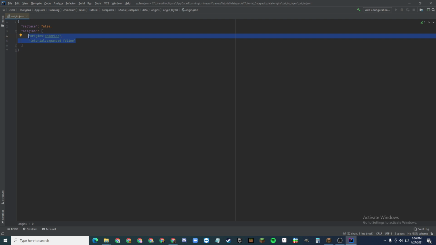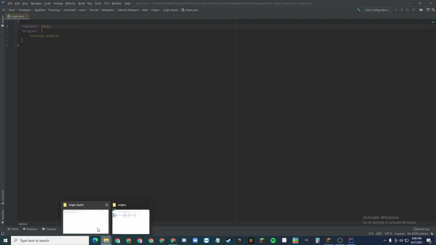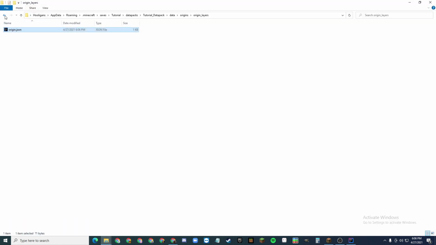That's not all of it. You have to give your origins something else, but that's the basis. But today we're doing tutorial zombie, and replace false, as I just want to add it normally. Now, once that's all done, you have your origin.json inside your origin layers, which is inside your origins, which is